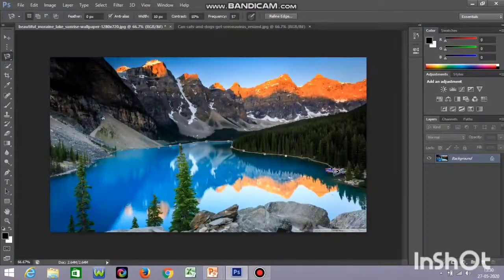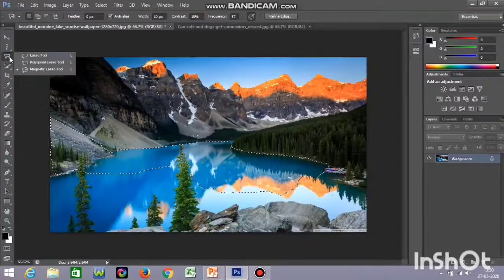So it's just automatically selecting. If I want to finish it, I'll just come and click on this. So automatically my selection is over. Wherever I move my mouse, the nearest edges are automatically selected. So this is how the lasso tool works.